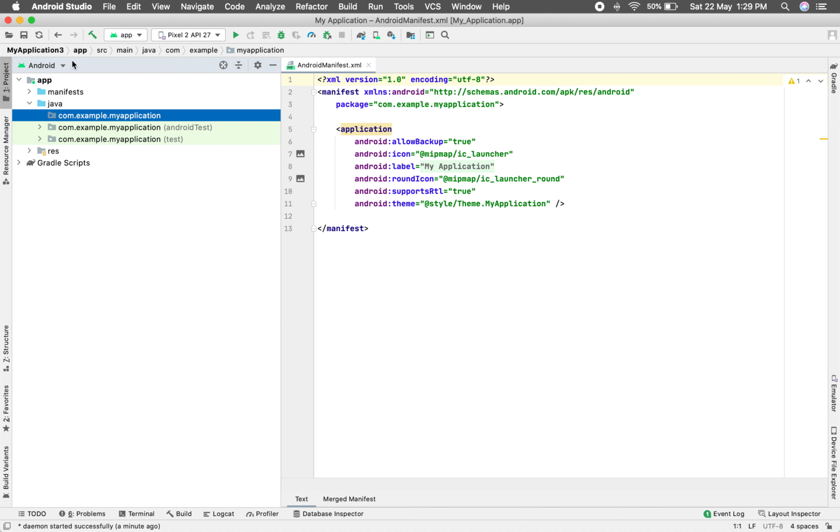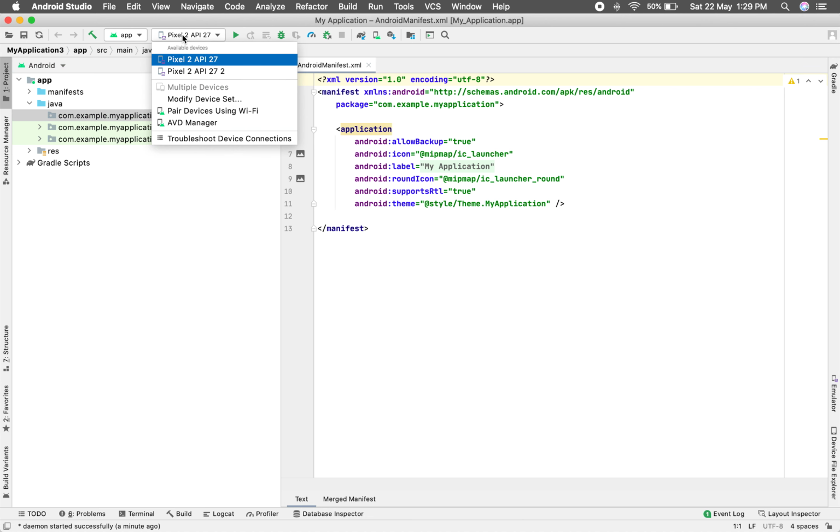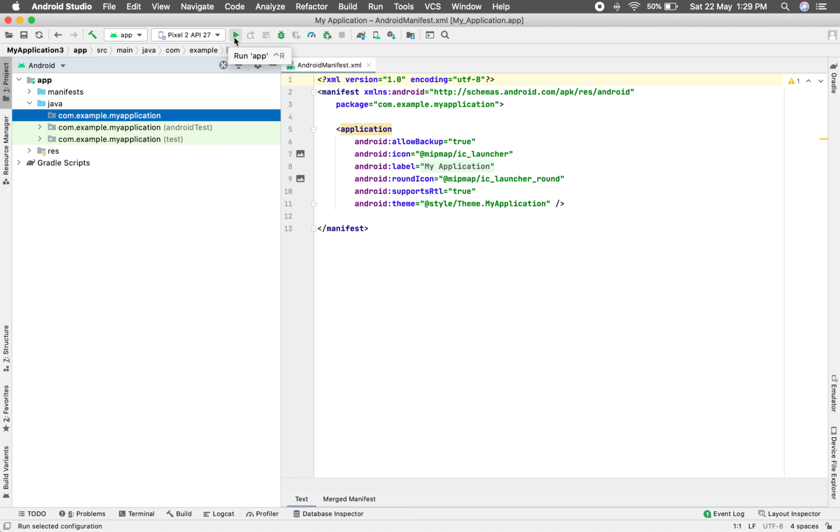This is the app configuration, using which the APK will be generated and installed in the emulator you have pointed to by this option. This is a play button, using which you can start building your application, and then finally it will get installed into your emulator. There are a lot of other options to explore as well, which you can go through one after another and understand what they represent.